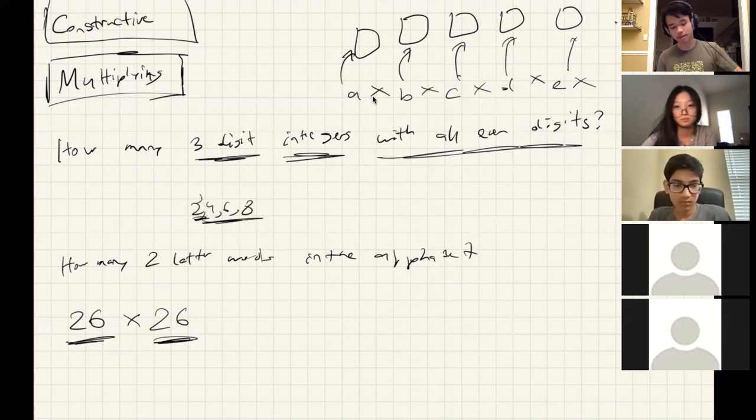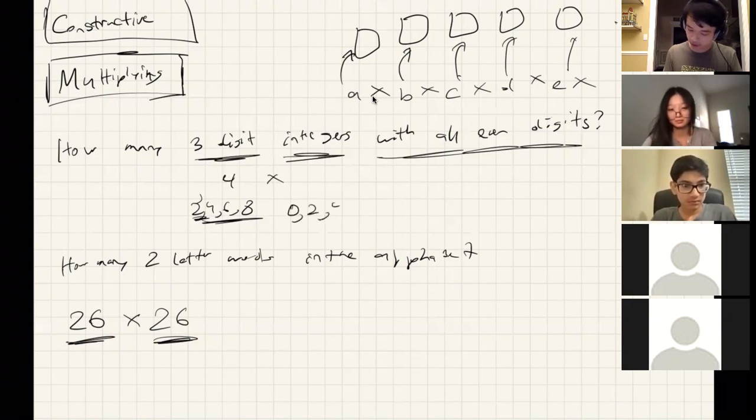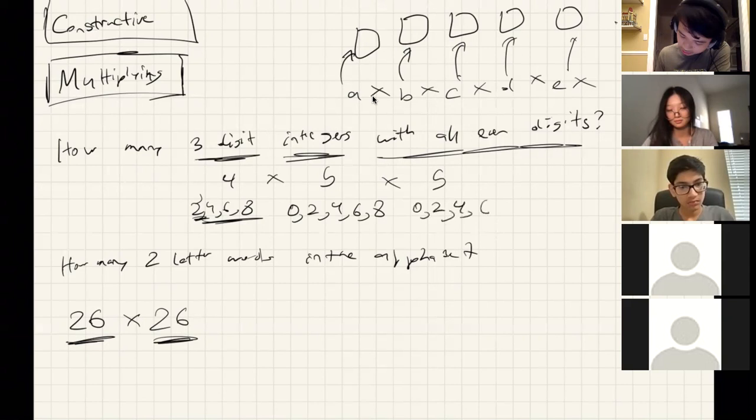Remember the thing about leading zeros. So there's 4 choices for the first digit. Second digit can be 0, 2, 4, 6, 8. So that's 5 choices there. And the third digit you can choose in 5 ways as well, because it's 0, 2, 4, 6, 8 again. So you end up with